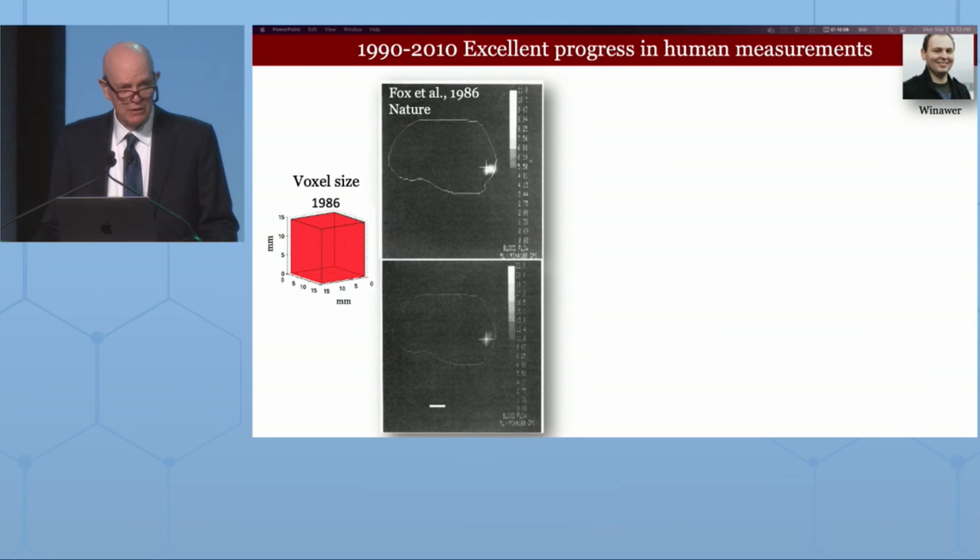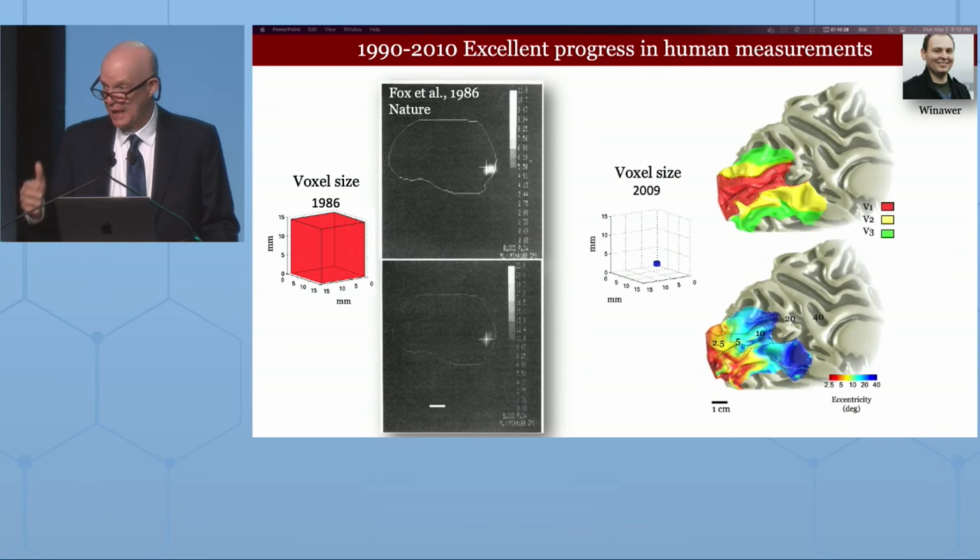Why was that? Well, it was really because we had very limited access to being able to measure the human brain. In 1986, this is a kind of paper that would get you into Nature, if you did a PET study where you had stimulated two different positions and you'd see a white spot move from here to there. You could write about it for a couple of pages and it was an exciting new discovery. But by 2010, and I want you to feel this, all this progress, because I felt lucky to be part of this.